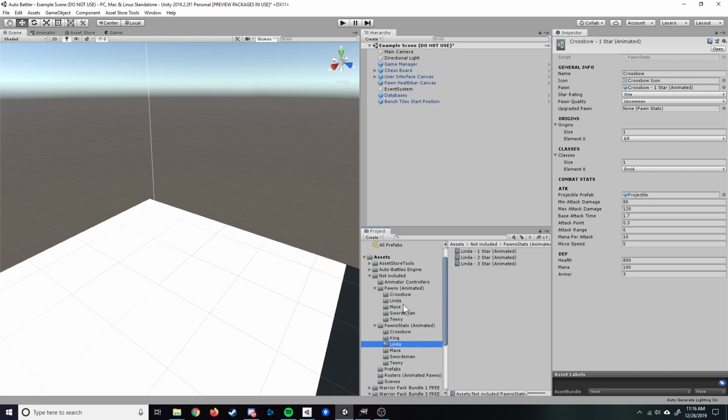And once you've done that, you'll go into the crossbow 1-star pawn stats, and where it says upgraded pawn, you're going to drop that pawn stat in here. So for instance, just to show you quickly, if for whatever reason we wanted the crossbow to upgrade into a king 2, you know what, I'll actually do a mace 2 because that one has animations on it. So you could drag and drop the mace 2-star in here. So if we can get a little lucky here,